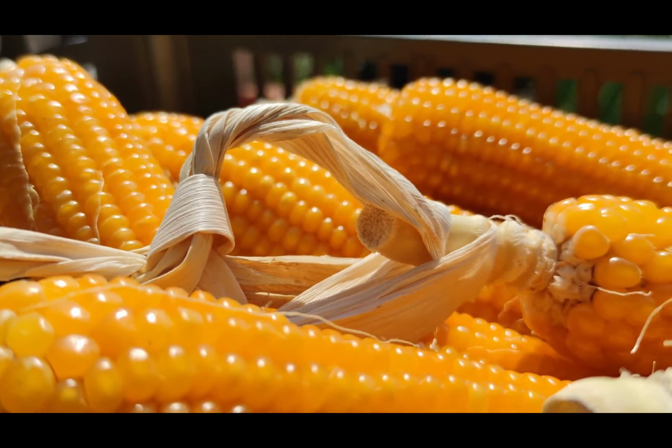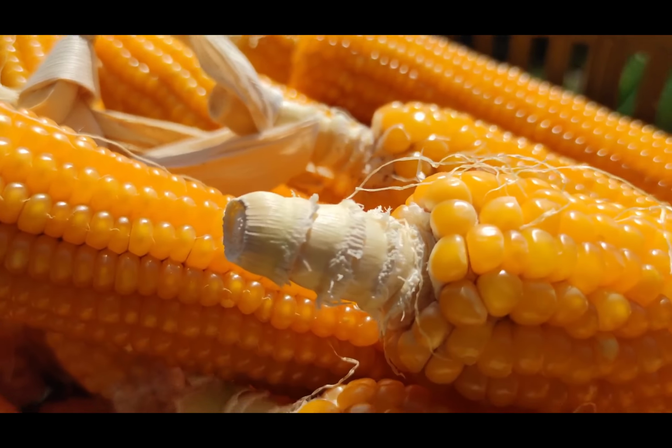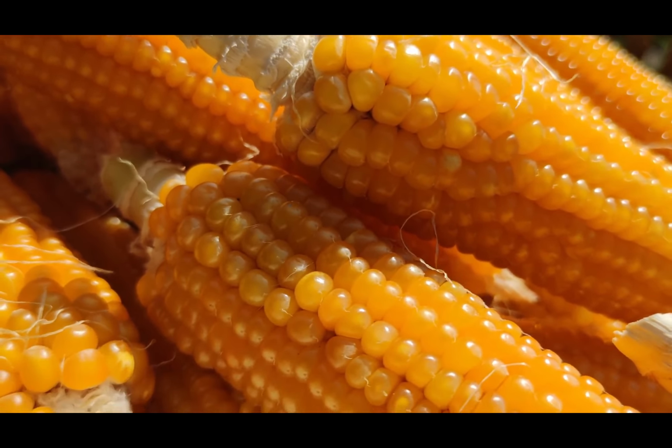Today, we're taking a deep dive into the sweet and fascinating world of corn, specifically the delicious and sugary variety